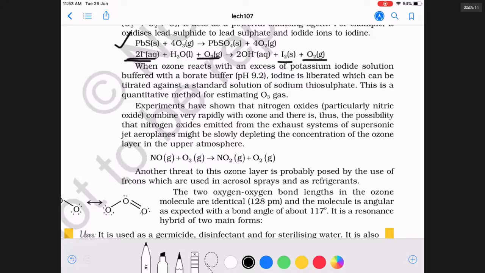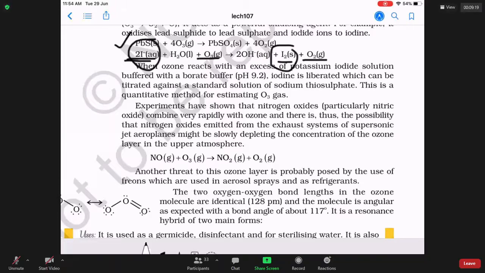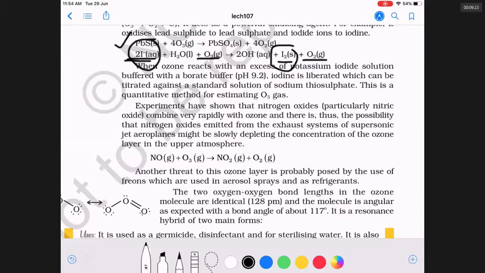Notice, whatever the amount of iodide you take, all the iodide will become iodine. Quantitatively, the reaction happens. In fact, by looking at how many moles of iodine you are getting, you can think how many moles of ozone is there. Suppose you got 5 moles of iodine, then you think, okay, I have taken 5 moles of ozone. So you pass ozone through excess of potassium iodide, you actually see how many moles of iodine you are getting. The number of moles of iodine is equal to number of moles of ozone.